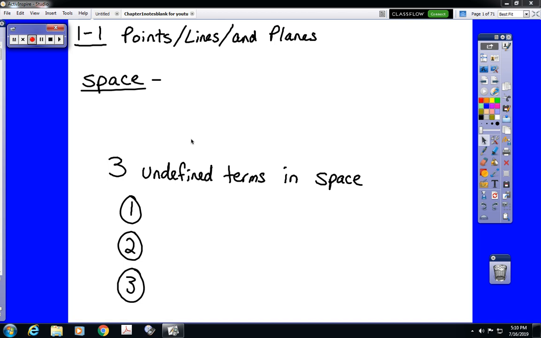So Chapter 1 starts with the section on points, lines, and planes. These are our three undefined terms, but they're all based on an undefined term called space. I try to give these words definitions that are understandable, that are relatable, but these are not official definitions, so these will not be considered vocabulary words. Space, I like to define as a boundless, three-dimensional set